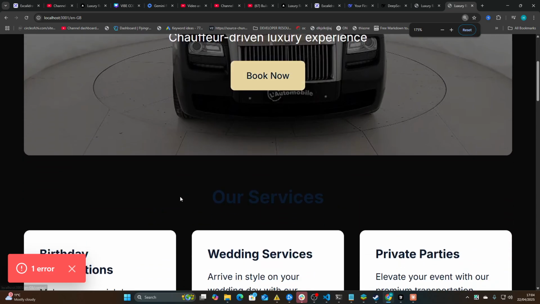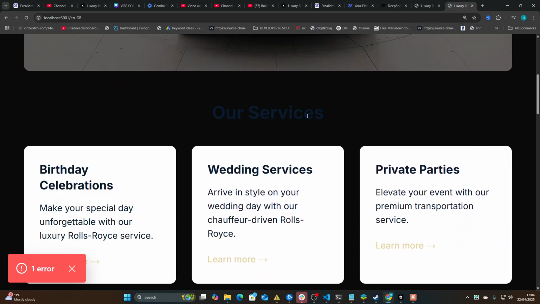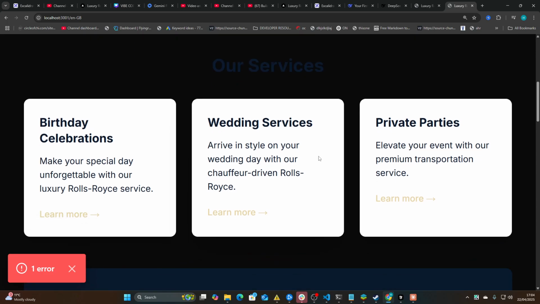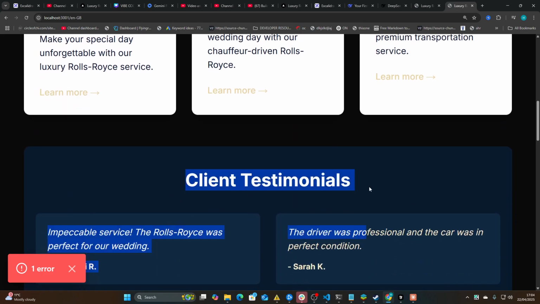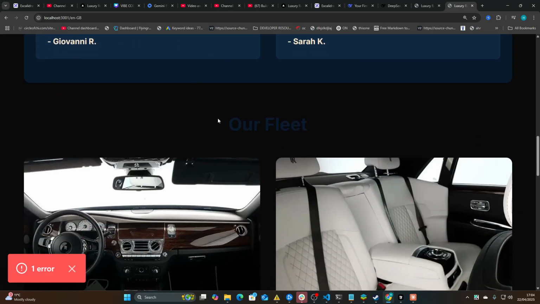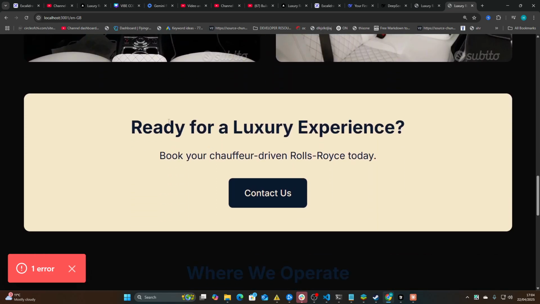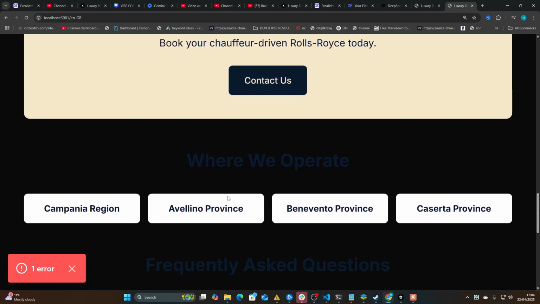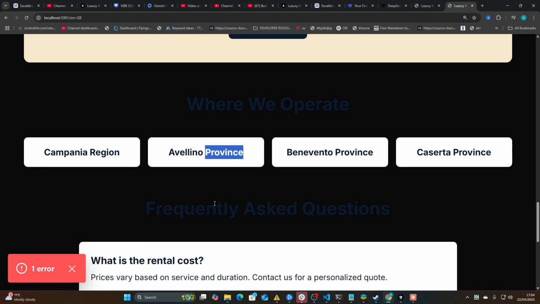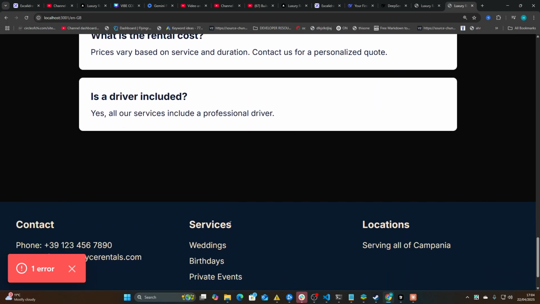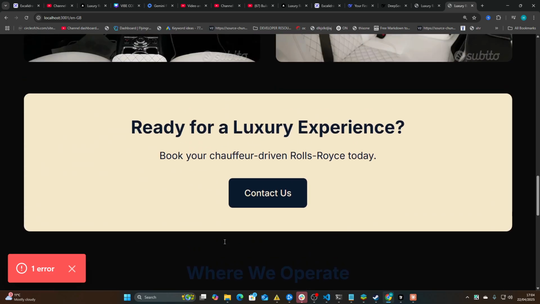So this did introduce a couple of errors, and now there's a little bit of issue with the text and stuff. But if I just scroll down here, look, client testimonials, perfect. Our fleet, look at that. Ready for a luxury experience with a completely different color, perfect contact us button. We've got the where we operate, FAQ. I mean, this is on par with